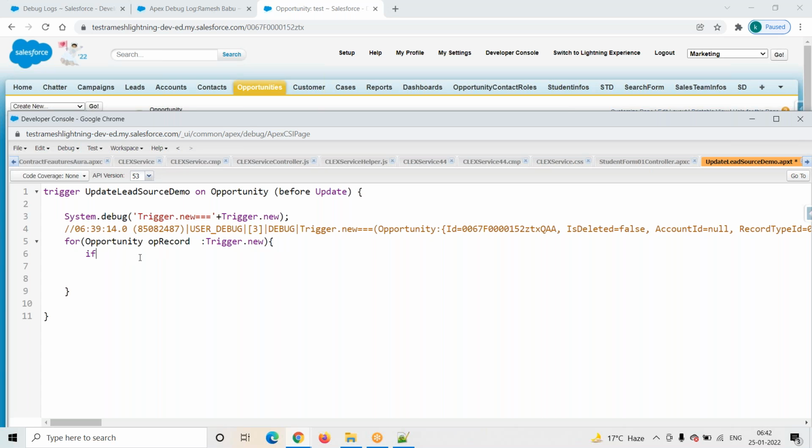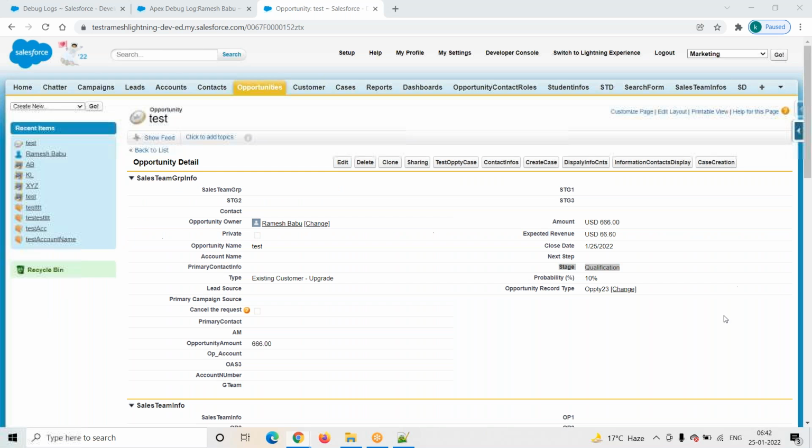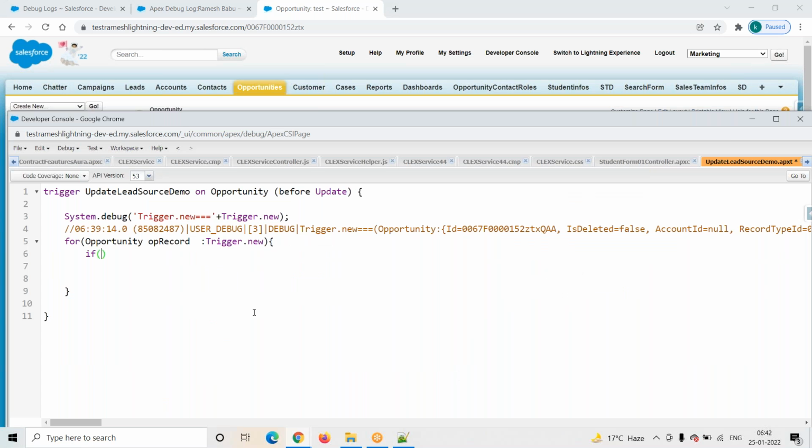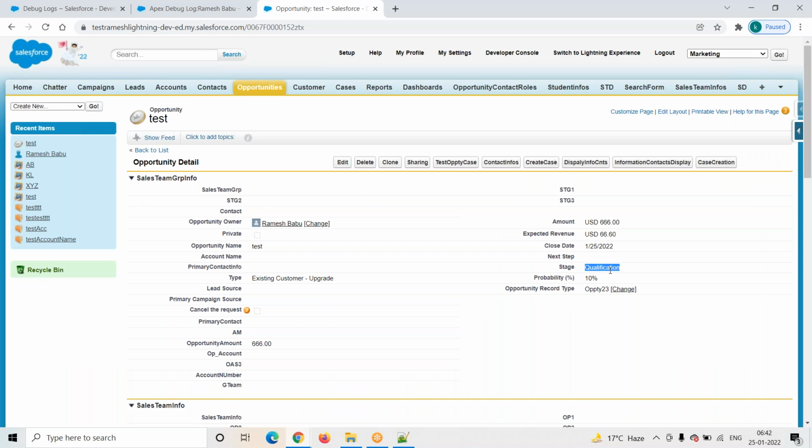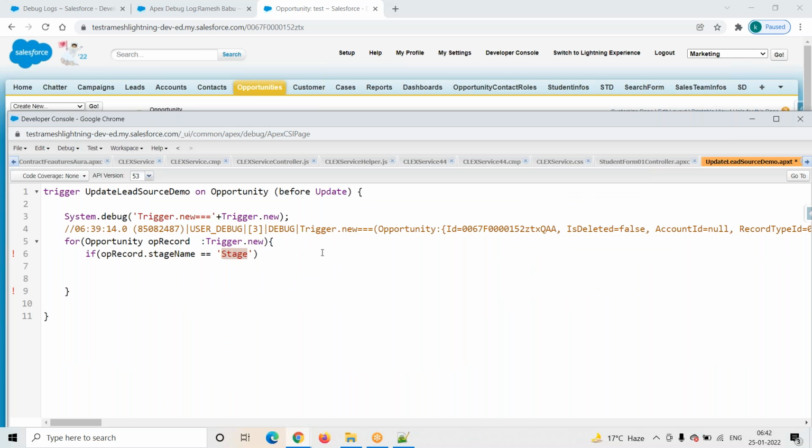From this record, if stage equals to, then what is the API name for the stage? StageName. If opRecord.StageName double equals to 'Qualification', then what are we expecting from the system?